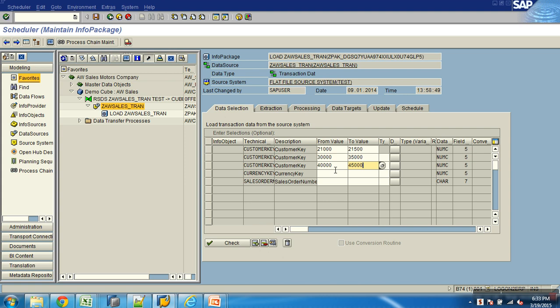I was able to give a single value, I was able to give an interval, I was able to give multiple intervals also. But you cannot specify exclude, it is not possible. You cannot say extract me all where my customer is not equal to, it is not possible. Excluding is not possible. You can only include, whether it is a single value, interval or multiple intervals. Clear?